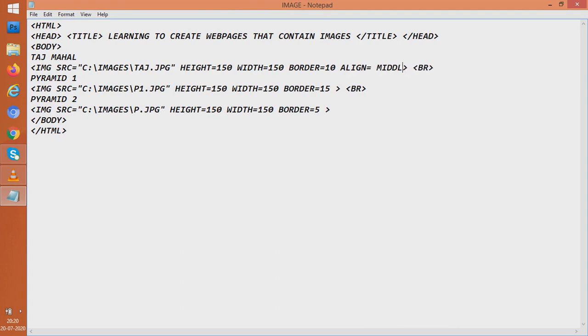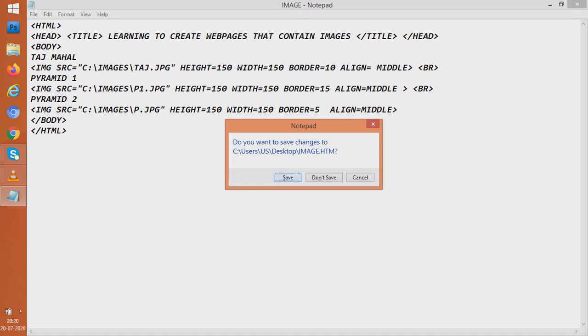Align is equal to middle. We had used this align and saw how the picture changed. Again we'll write align is equal to middle. Then again we'll write align is equal to middle. Now we save it again.